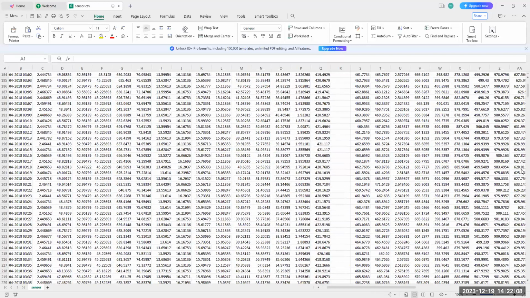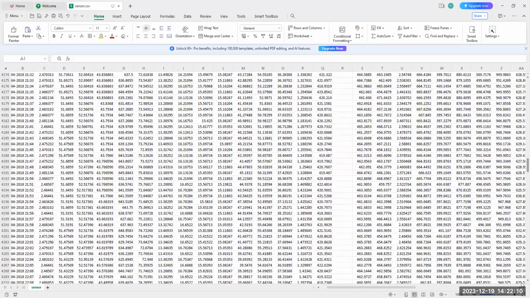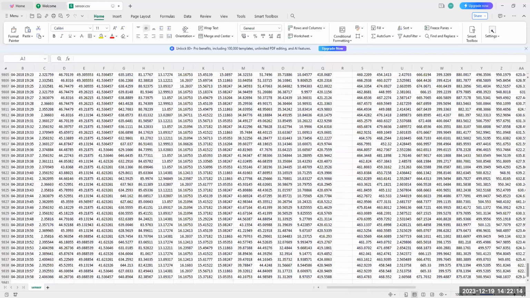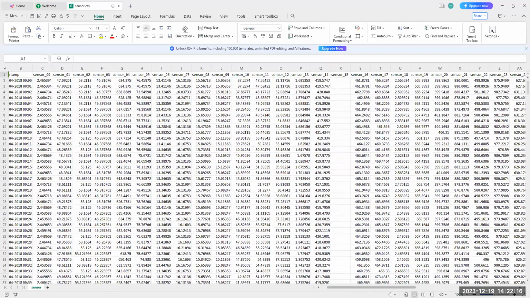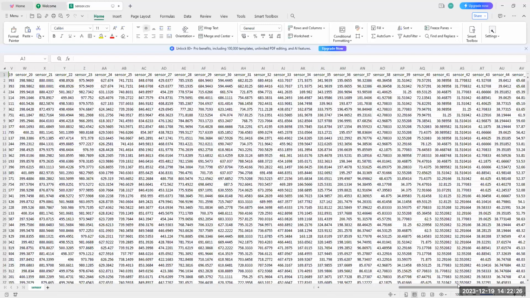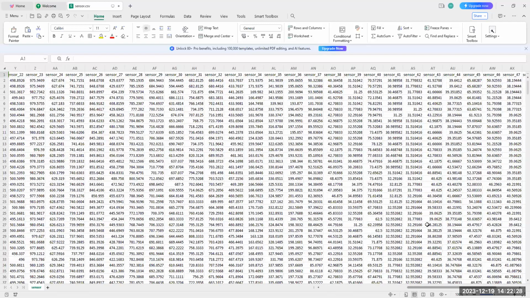Sensor 15 has no values, right? So what shall we do with this attribute? We will handle this attribute now. After that, from sensor 16 to sensor underscore 51, there are once again sensor readings,